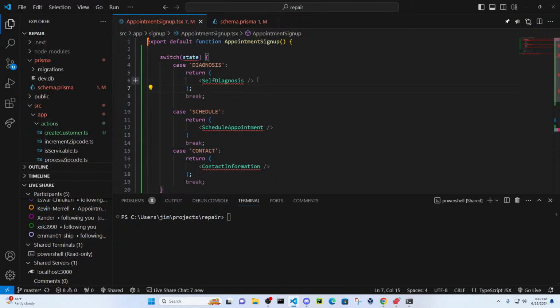But yeah, that's it. So we have this component here, self-diagnosis, we have our schedule appointment, and we have our contact information. So for each one of these, we need a model in the database, and we need a component. So I don't know, do you want to break these out, do you want to work on them together, or do you want to